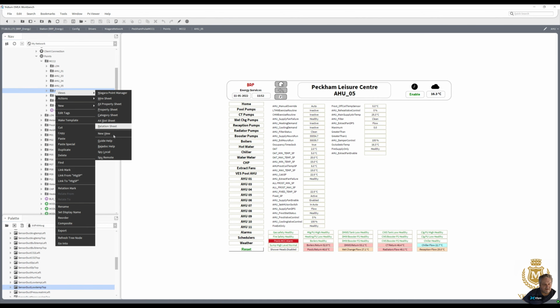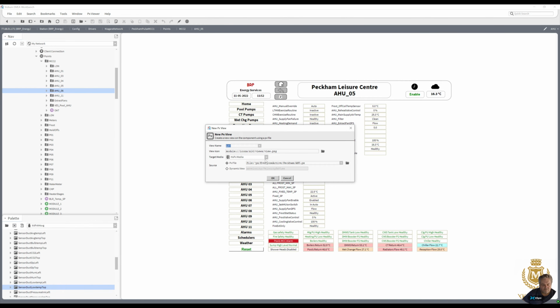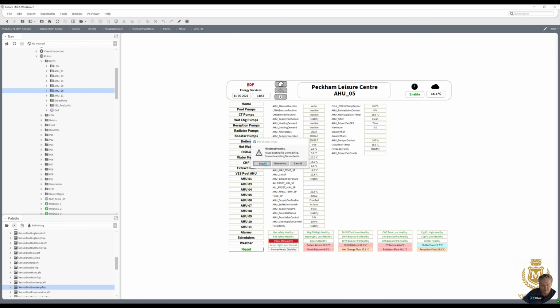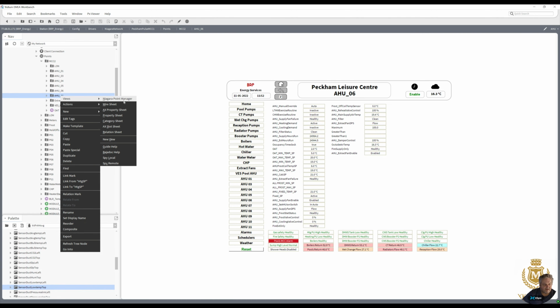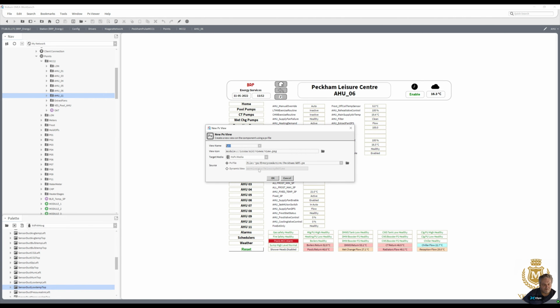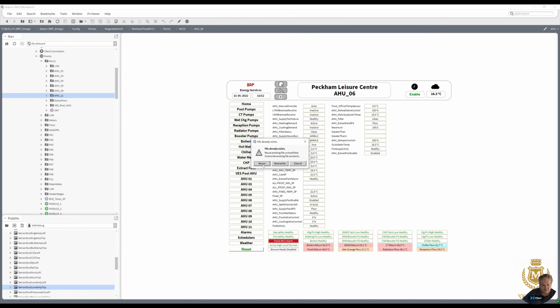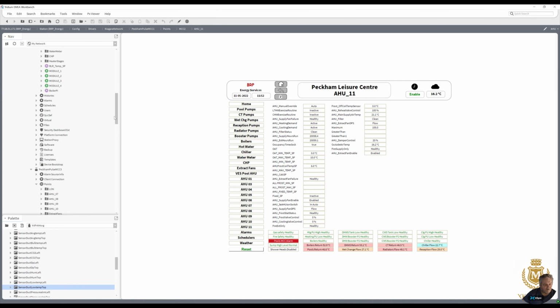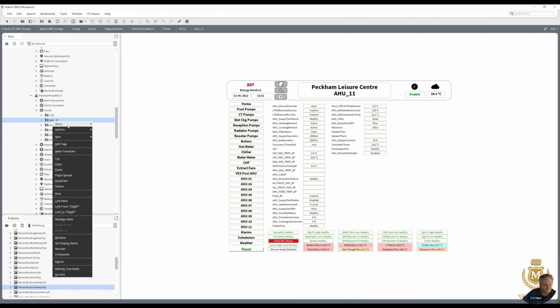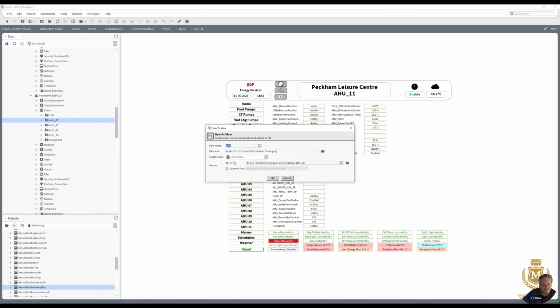Right click, views, new view, OK, reuse. That's got some points missing. AHU11, view, new view, OK, reuse. And that's got a few points missing. Again, not an issue. And then we'll go to the other AHUs, these here, views, new view,